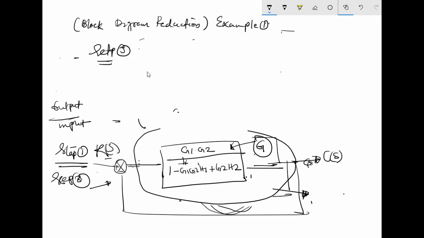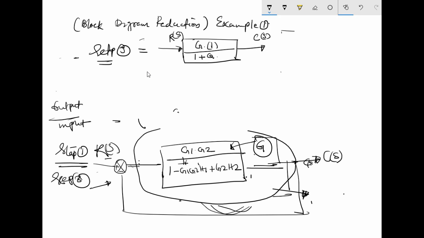So this is my step 5. My output is C and input is R, and whatever signal here, it will be G into 1. This is minus, so 1 plus G. So why 1 plus? Because that minus sign will get into plus,